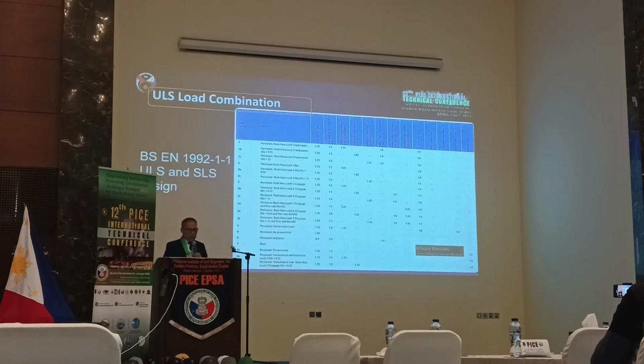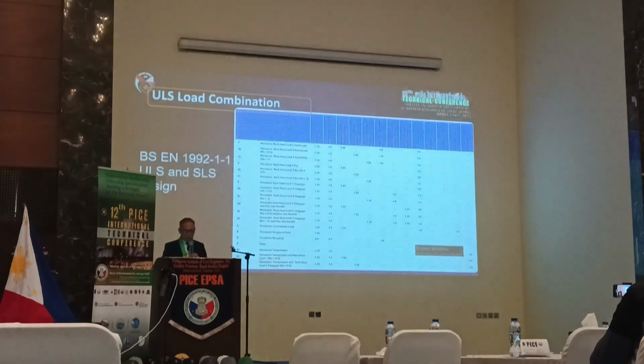So these are the ULS load combinations, the ultimate limit state combination. You have a variation of self-weight, mechanical and electrical, discontinuities, a full rock load. So these are parameters just to show you a combination of loads during the design assessment.